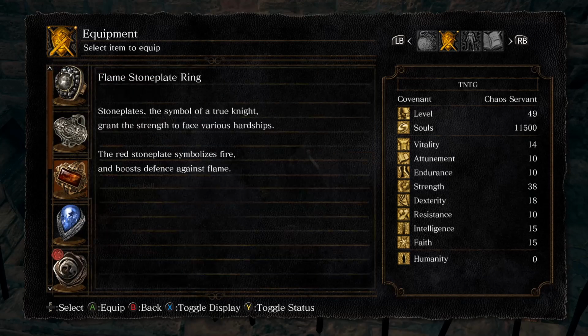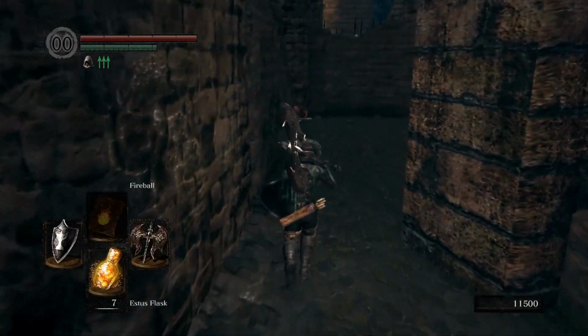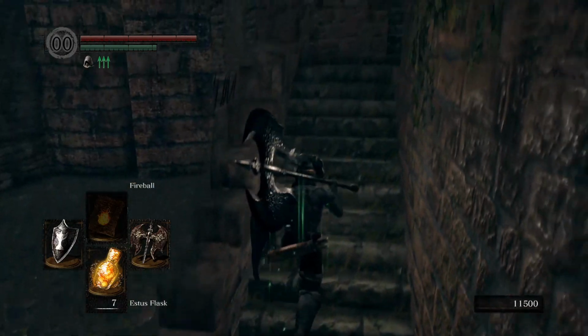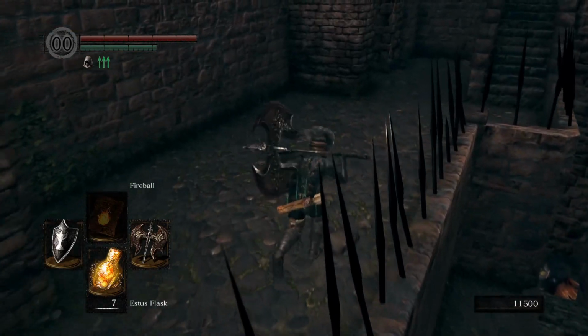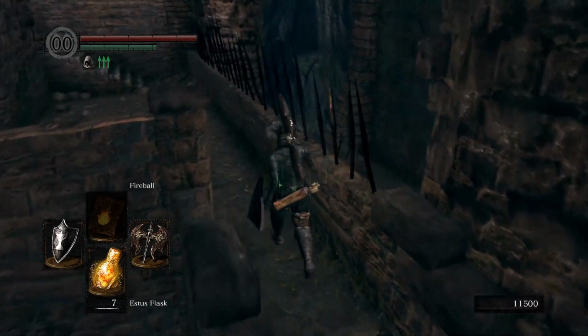Stone plates, the symbol of a true knight, grant the strength to face various hardships. The red stone plates symbolize fire and boost defense against flame. Notice that the ring talks of various hardships, but nothing specific. In our mind, we see the Knights of Lordran striking down vicious dragons as the ring protects them from their fiery breath. This is a common cliche in culture, but only one of the dragons we encounter